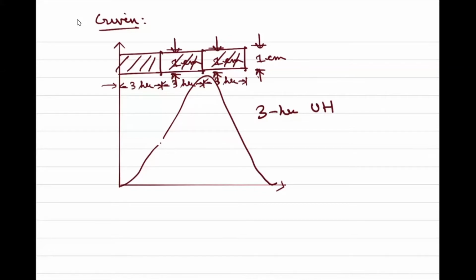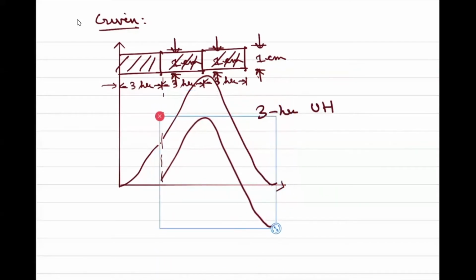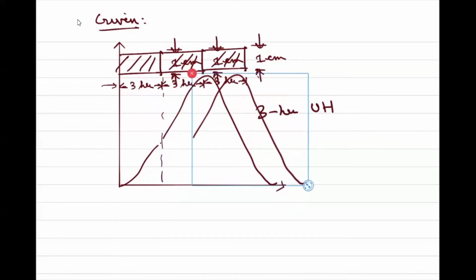This hydrograph was for this event, which started from here and went up to here. For the second event, assuming time invariance, I will lag this hydrograph, so the same hydrograph should now be shifted. By how many hours? By 3 hours, because that precipitation started after 3 hours. So I will just take this and extend it backwards, so that these two are identical curves.